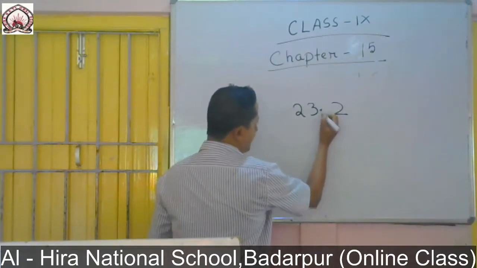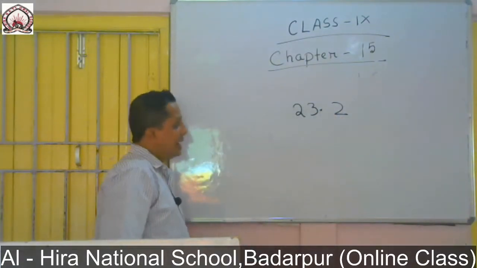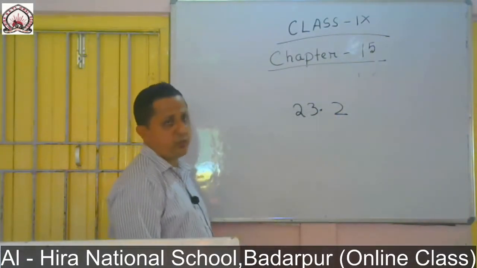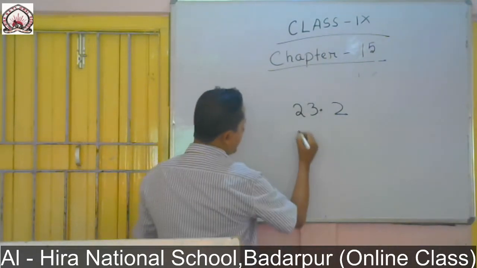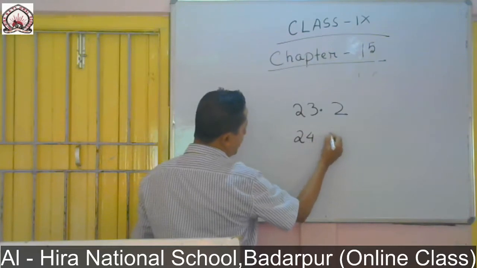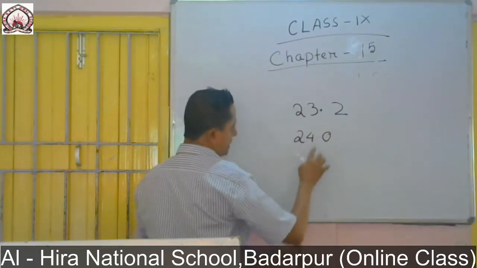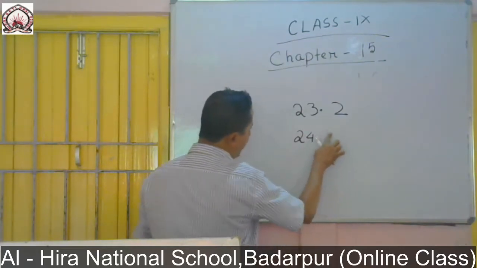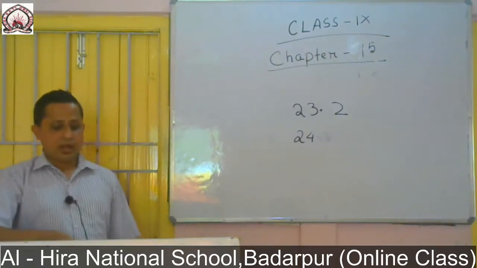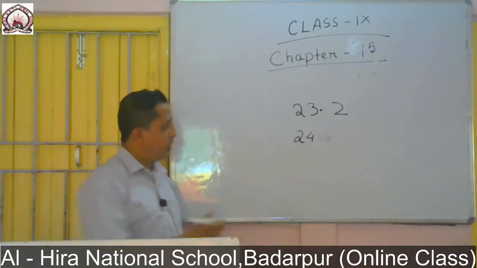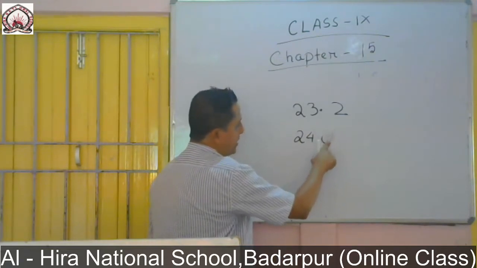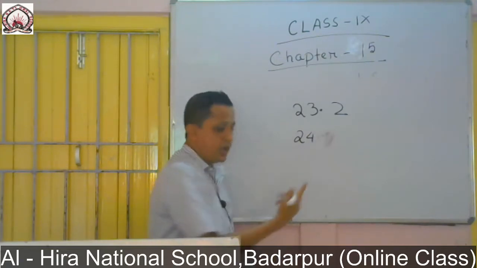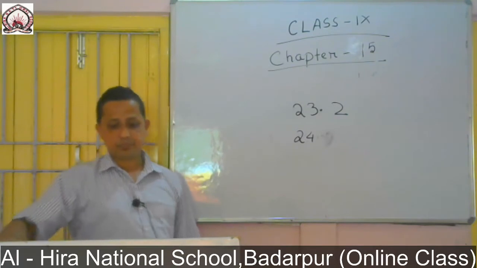Say 23.2. So this is not an integer, this is a real constant, or you can say floating constant, because the decimal point is there. Now say 24.0, it also has a decimal point. If I write 24 point, this is also a floating constant. 20.0 is also floating, meaning real constant, and 24 point is also a real constant.